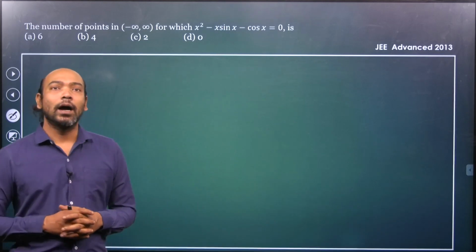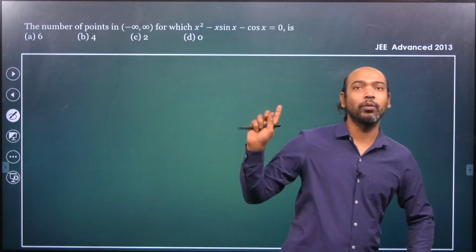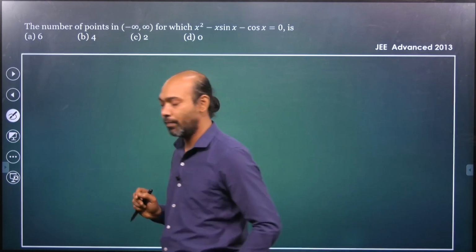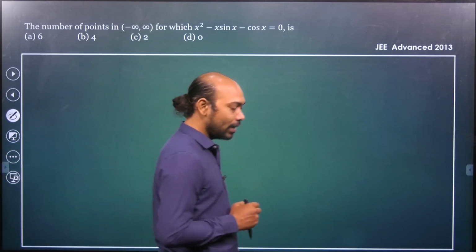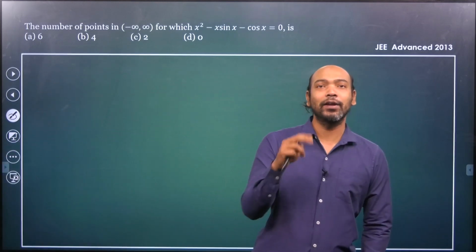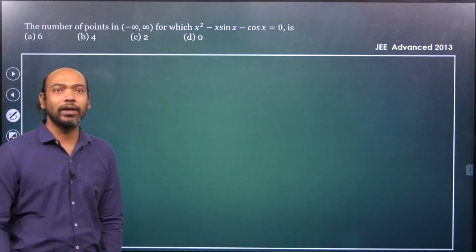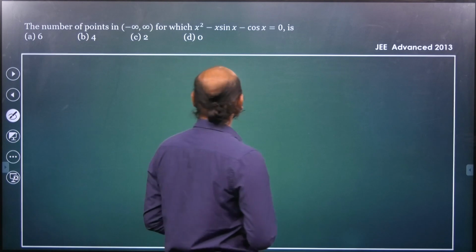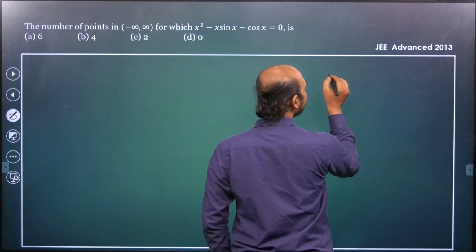Now, it's difficult to find the number of zeros or roots in this equation because we cannot solve it, as this is a transcendental equation. So let's try to sketch it. If I am able to draw the approximate graph, then obviously we are done. So let's go ahead. To draw this, let us consider the function f(x)